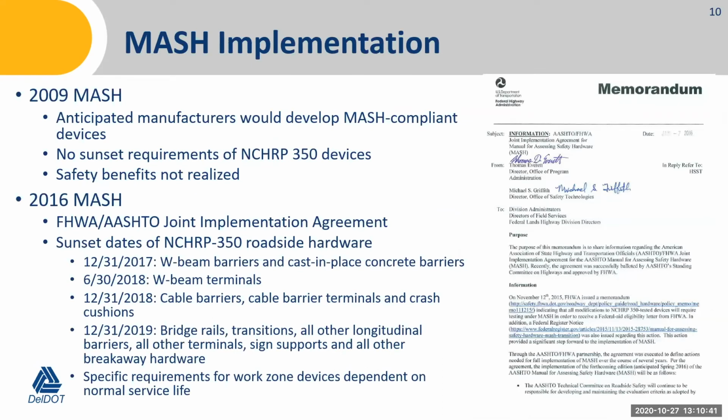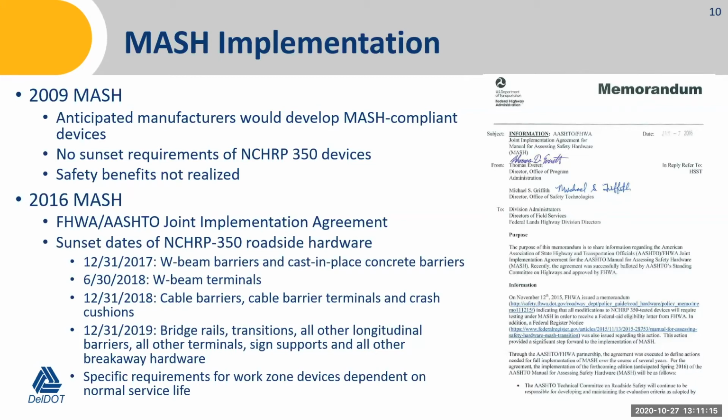The other difference is how FHWA and AASHTO approached implementation of MASH between the 2009 and 2016 version. In 2009, when MASH was first introduced, it was anticipated that manufacturers would just fall into place and follow along with the new guidelines and start developing MASH compliant devices. And so there were no sunset requirements of NCHRP 350 devices. The issue here is that there were some safety benefits that were never realized because we didn't have sunset dates